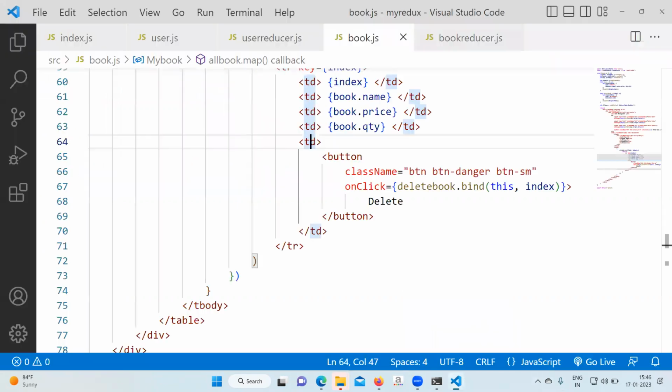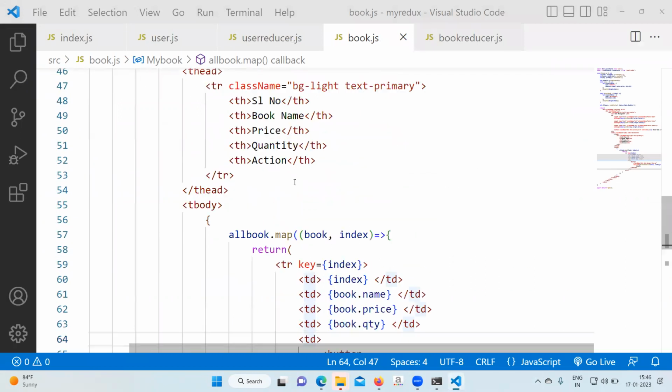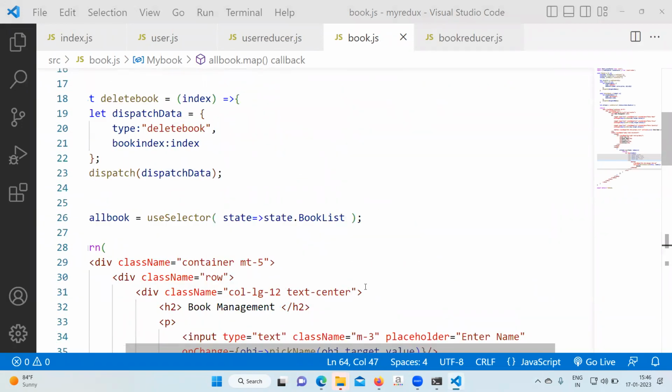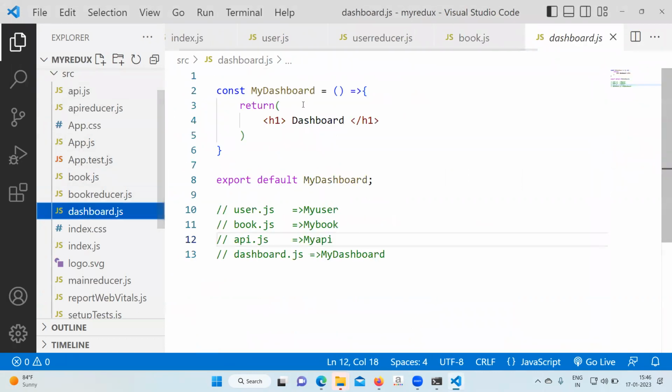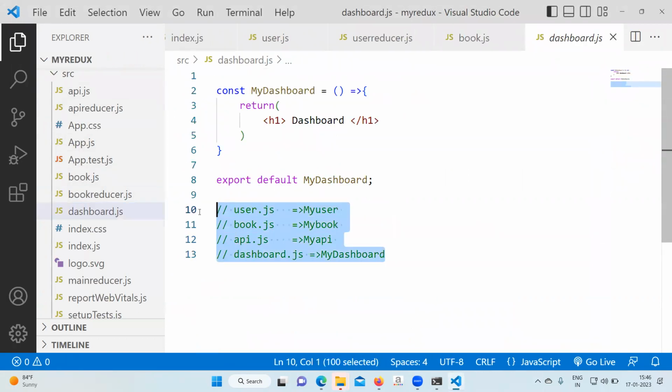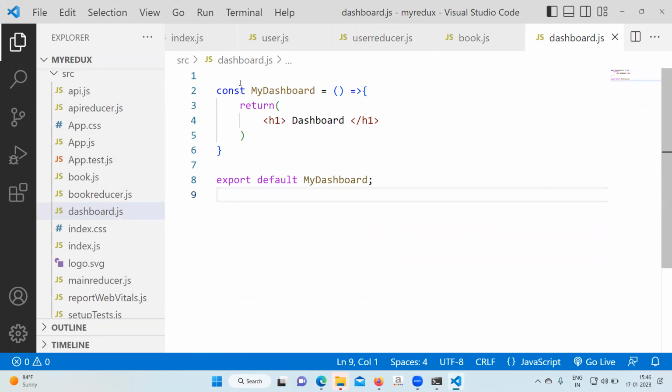You can open that and use that. So we'll open the dashboard file, and in the dashboard file, we require to import